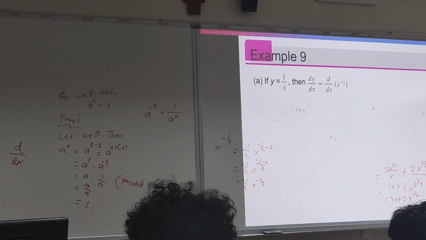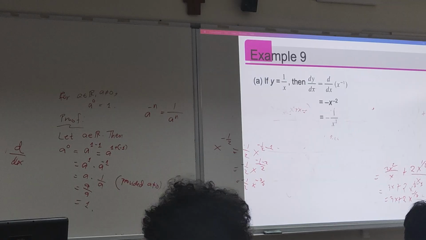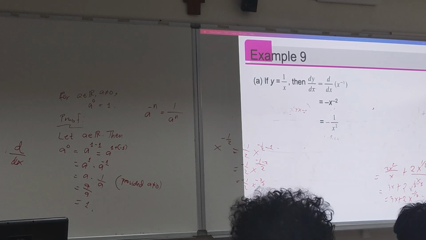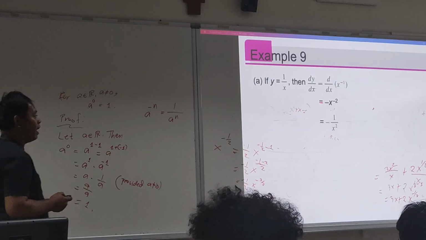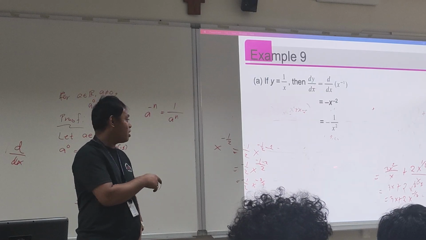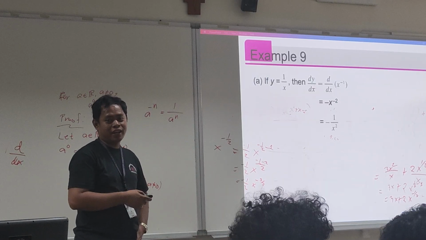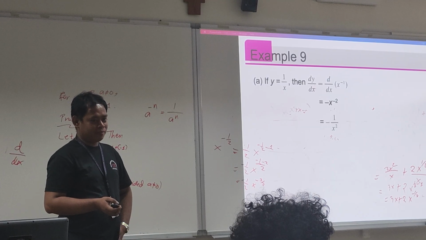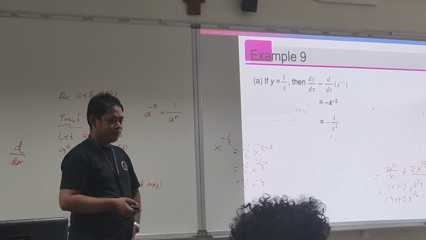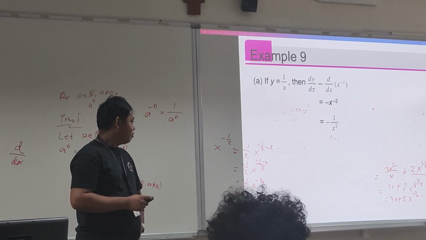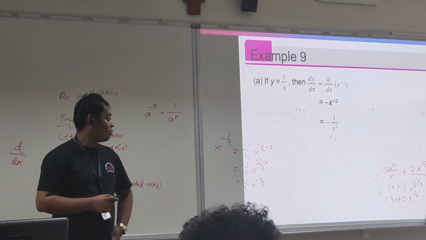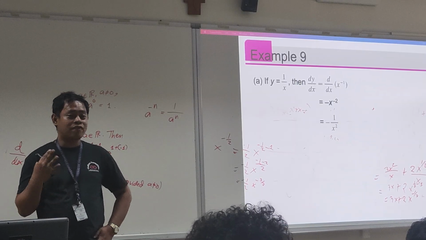Okay, so suppose for instance we have this one. Your final answer must not have a negative exponent. That's why this is the answer. So whatever x squared, that is the final answer. Negative exponents are not allowed, so when you simplify, it should be written as a fraction with positive exponents.